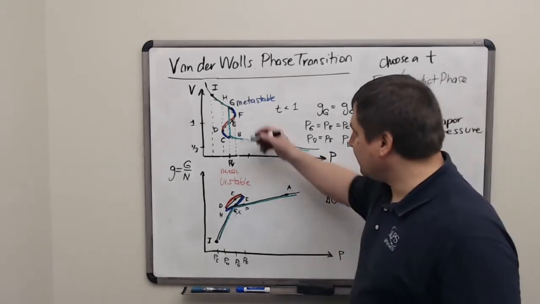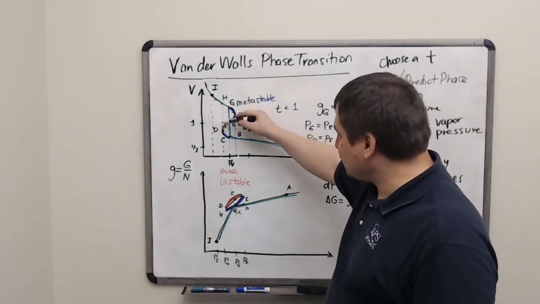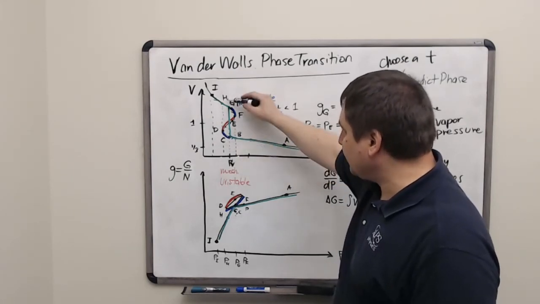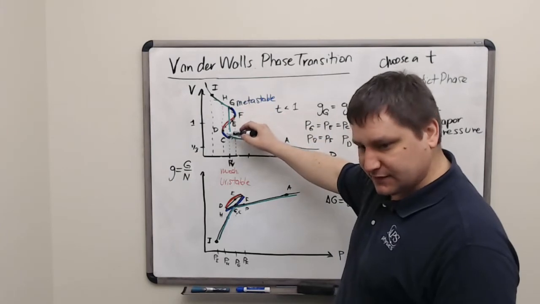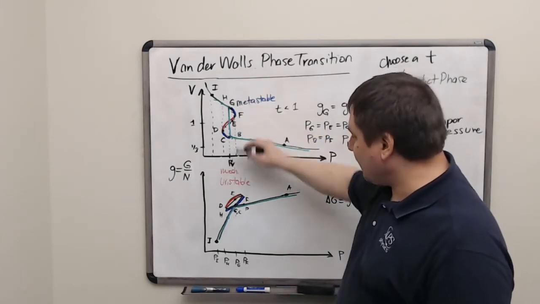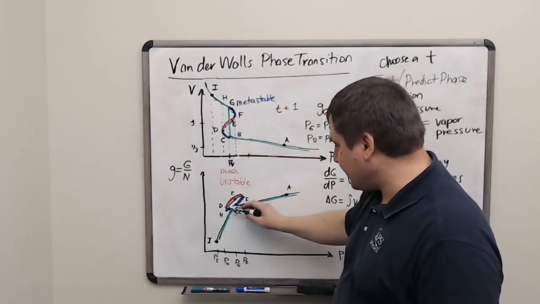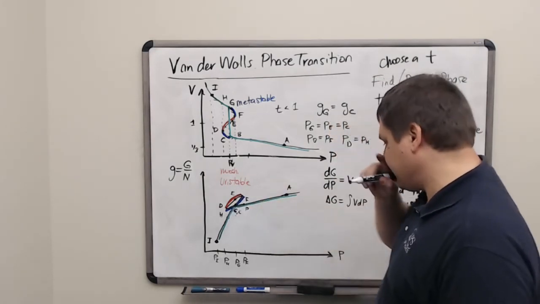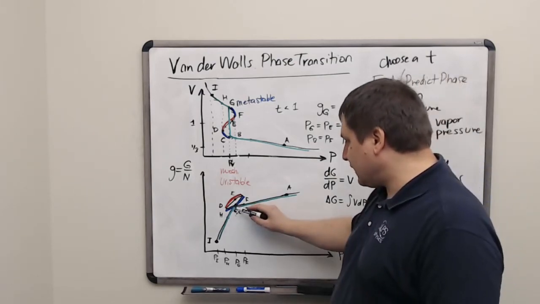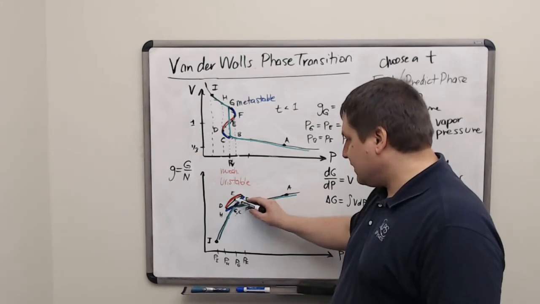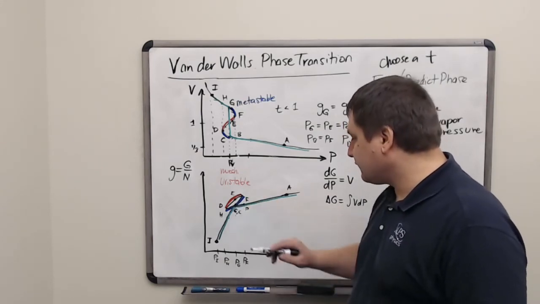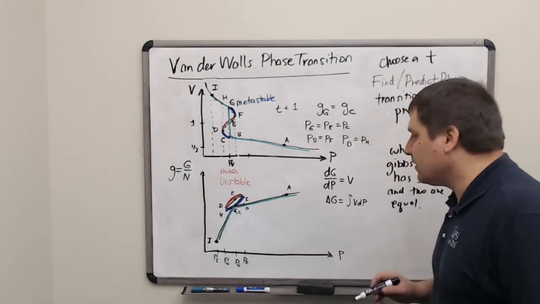So at most points within this region, if we pick a pressure between pressure of C and pressure of F and draw a vertical line for that pressure, we'll get three possible volumes, right? Three possible volumes and three possible Gibbs free energies. Say there, there, and there, or there, there, and there. So three possible Gibbs free energies for every pressure. But at one specific point, there will be three Gibbs free energies, one that's high and two that are low and equal. And that is the point where these two curves cross,